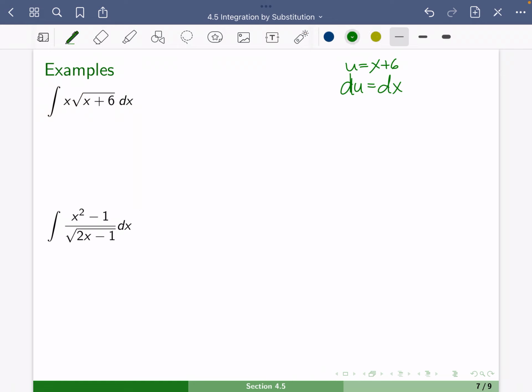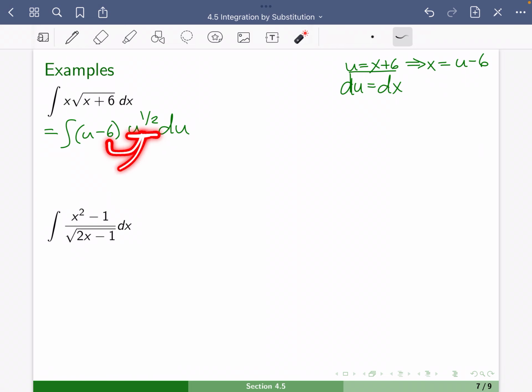Well, we can deal with that because we said u is equal to x plus 6. So if u is equal to x plus 6, then x is equal to u minus 6. And so this is now the integral of u minus 6 times u to the 1/2 du. Now, does that get us any closer to solving this problem? Well, it turns out it does, because by making this substitution, we can now take this u to the 1/2 and distribute it to both pieces. And so this is the integral of u to the 3/2 minus 6u to the 1/2